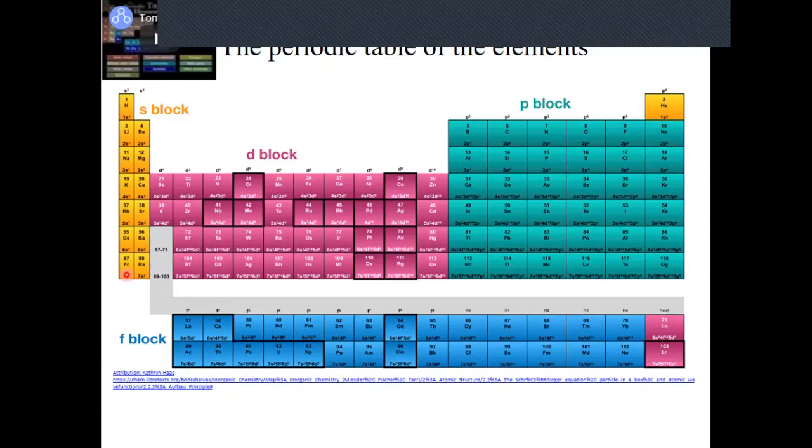So a valence electron, as you probably all remember, is an electron that is in the outermost shell of the atom, and because of that, it determines its chemical and physical properties, because these electrons are most reactive